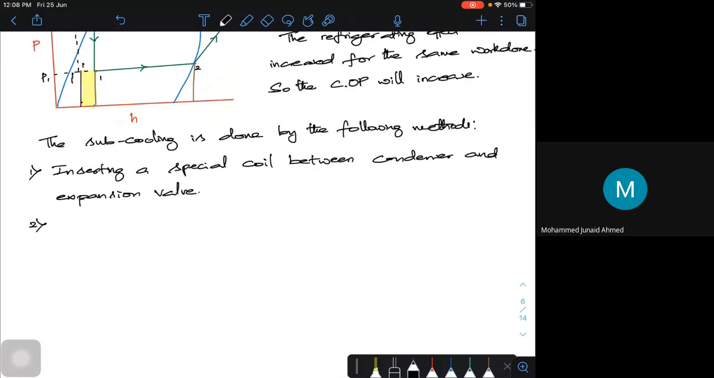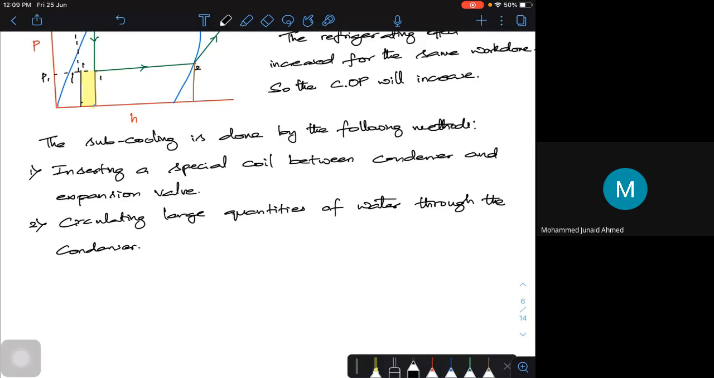And the second methodology is circulating large quantities of water through the condenser. When your condenser is cooled by air, to get this subcooling effect they use a large quantity of water and they will try to